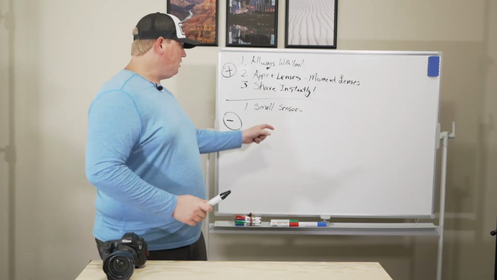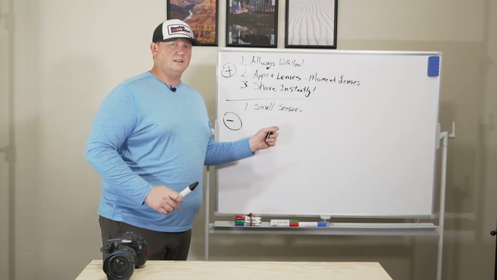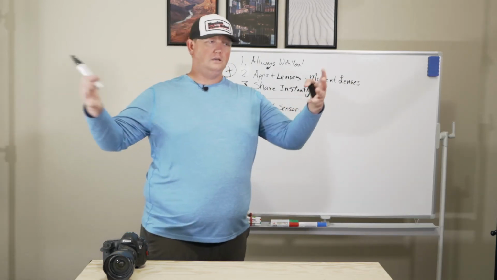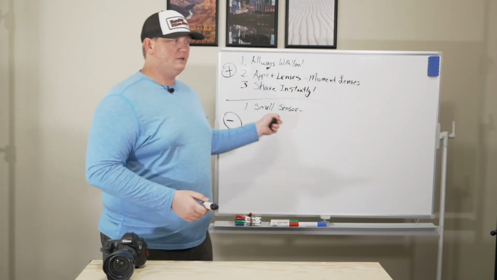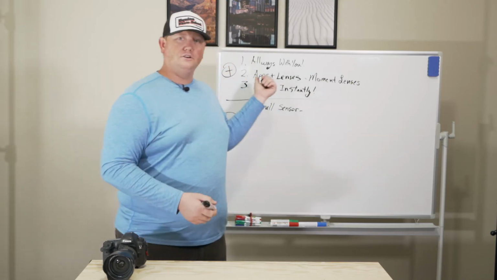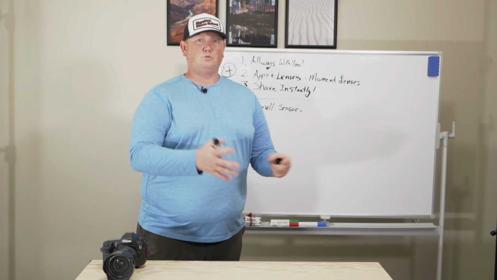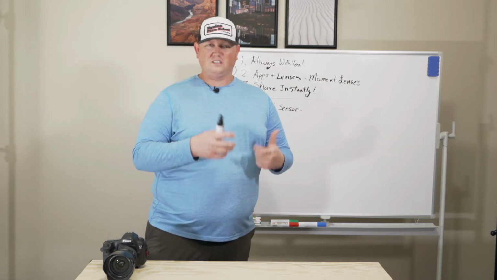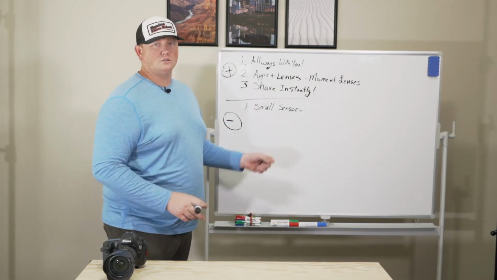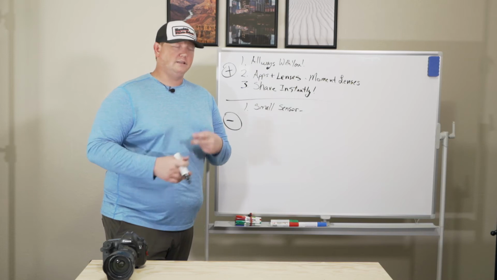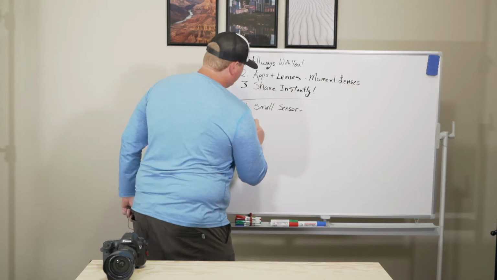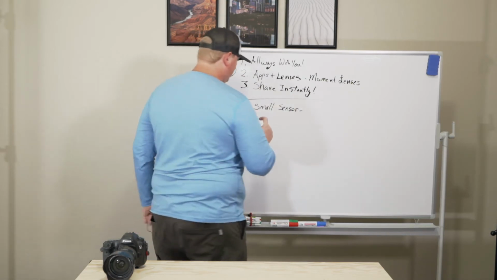Bear with me, but just know having a small sensor is kind of crippling here, and a lot of that is you're going to need more light. You're going to need a brighter light source because this small sensor just can't handle darkness. If you've ever tried to take a picture with your camera phone and it's pretty dark, the result is grainy and mushy and looks awful, right? That's because your sensor is so small, it's just not built to handle it. The technology just isn't there yet. But anyway, small sensor. All right, so the number 2 negative here is a fixed